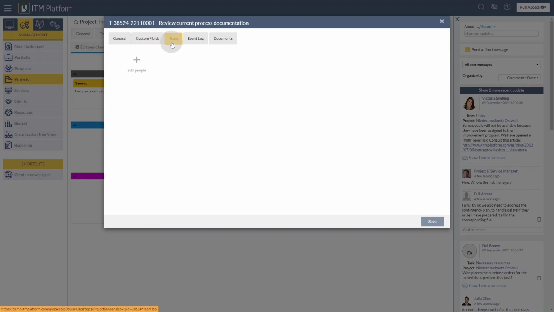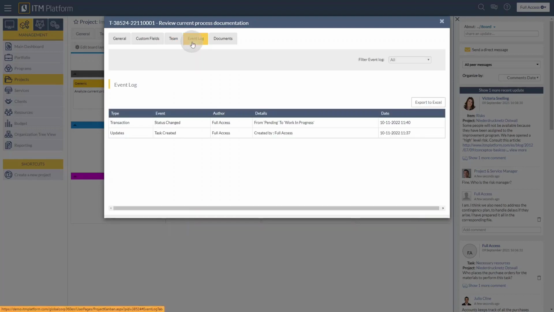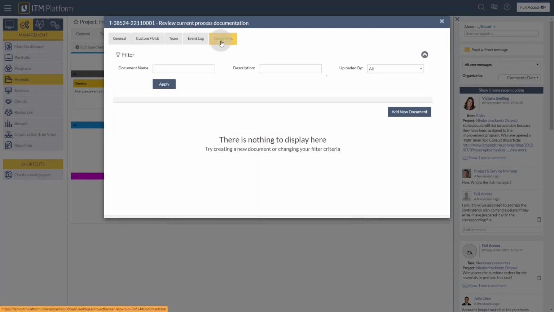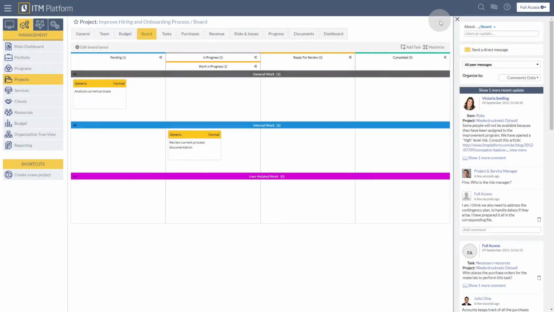Team, which will allow me to assign resources to this task. The event log that will show me when this task was changed, and a document panel that will show me all related documents. The last concept on the board is that status changes and swim lane changes are immediately saved. So, for example, if I move this task to another swim lane, I don't need to save anything. Those changes